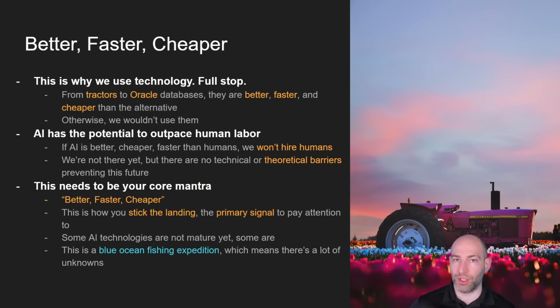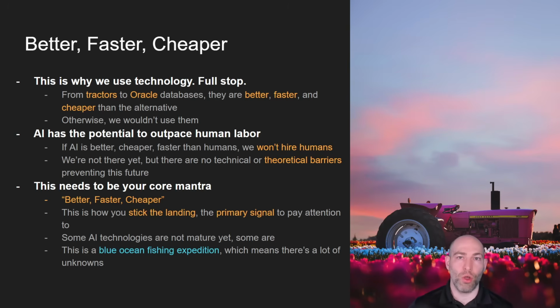That's the way that neoliberalism works. That's the way that the free market works, is that it is constantly looking for efficiencies. And if it is more efficient to use machines instead of humans, that's what we're going to do. And that's what we have done for the past 2 or 3 centuries, is every time we have an opportunity to replace human labor with machine labor, we take that opportunity. This is not going to be any different.